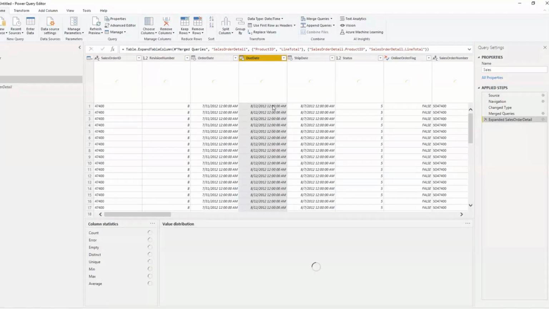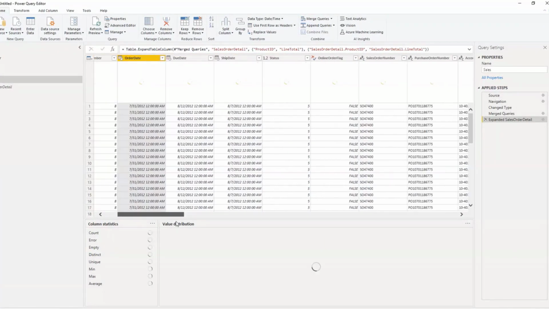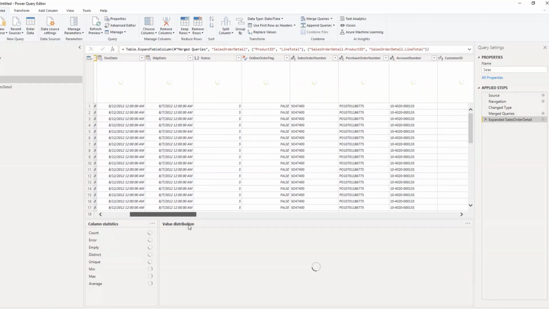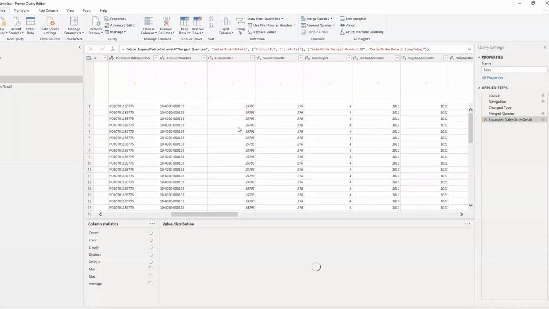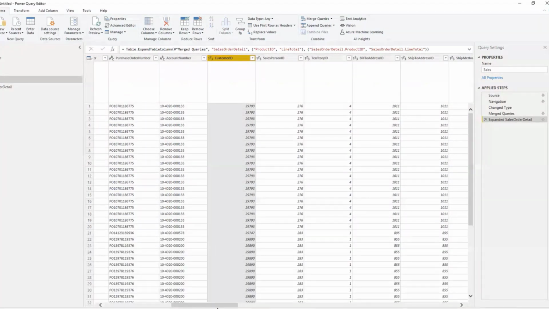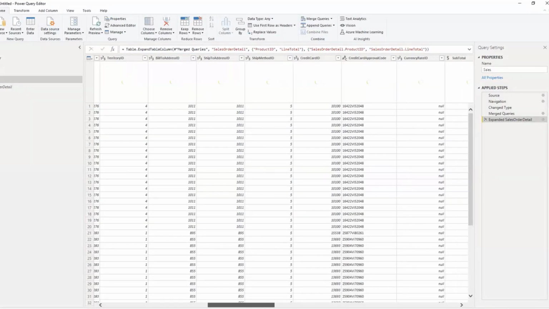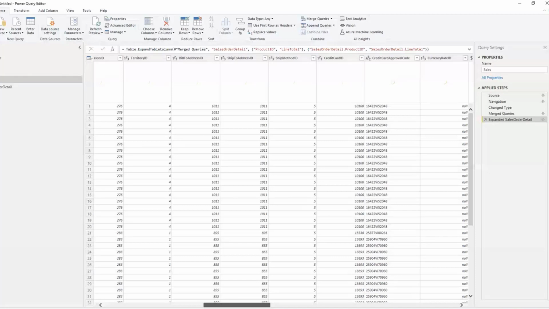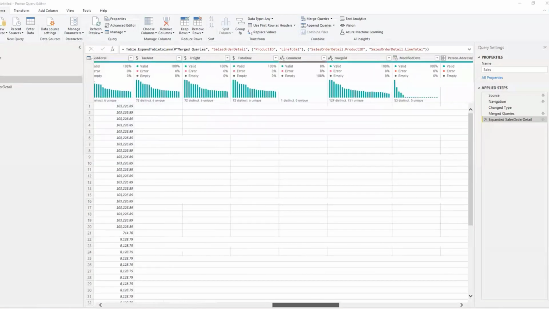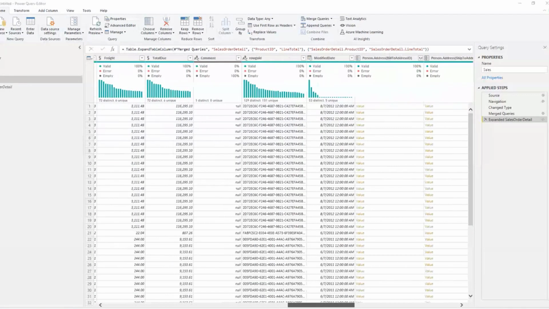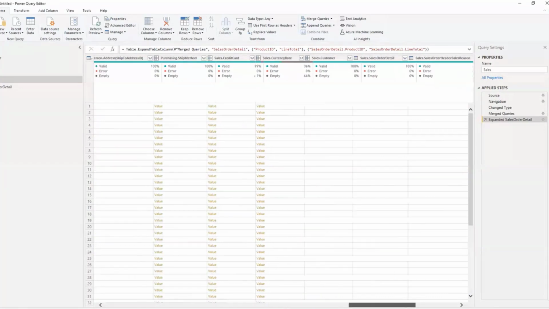I'll just take order date, and the next columns I want are customer ID, and the product ID, right? Product ID is taken from the detail table. I will also want the line total, which is the numerical figure that shows the performance measurement, right? So I'll select these required columns and click on the remove other columns option. There you go, you have a very clean table now.